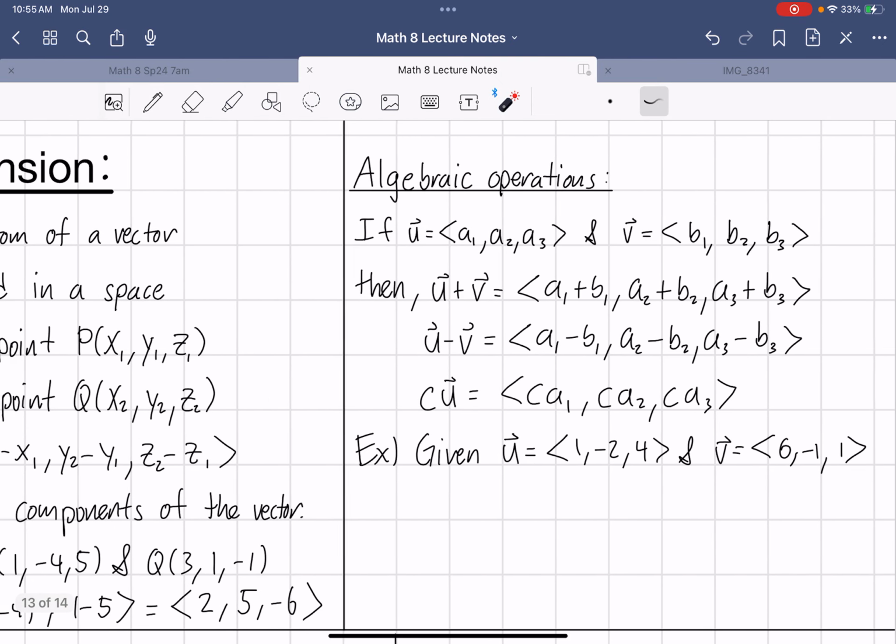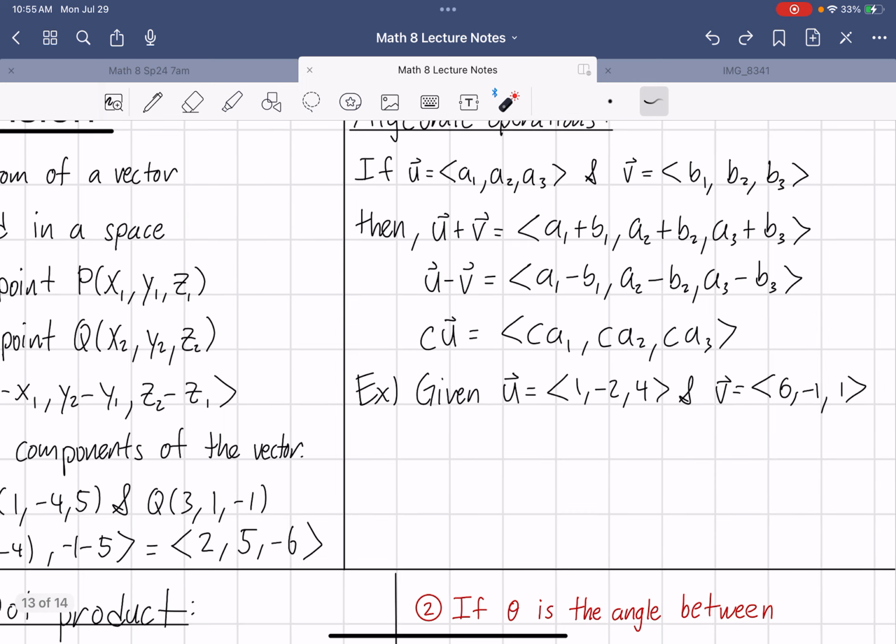Right? And then doing our algebraic operations. Remember, you added or subtracted or applied the scalar multiplication to each individual coordinate. Sorry, each individual component of the vector. So, to find the sum of these two vectors,